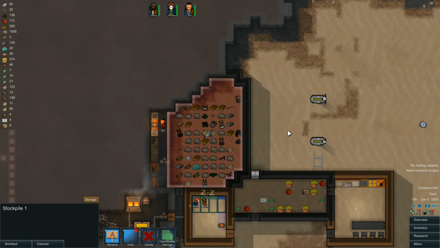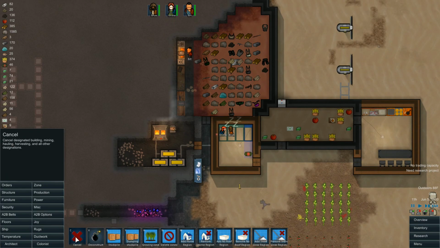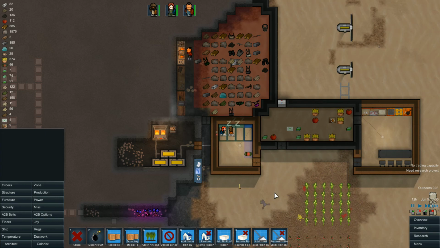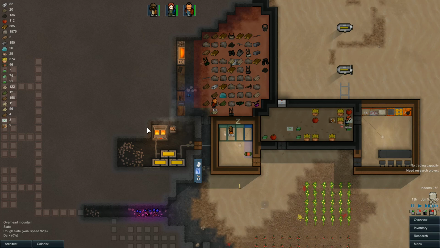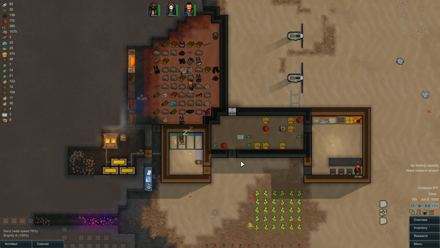Extend this. There we go. Alright. And you know what? Because it'll bother me, we'll remove those two. Excellent, excellent stuff. Alright, I'm going to stop building stuff out of blocks and out of steel, and we're going